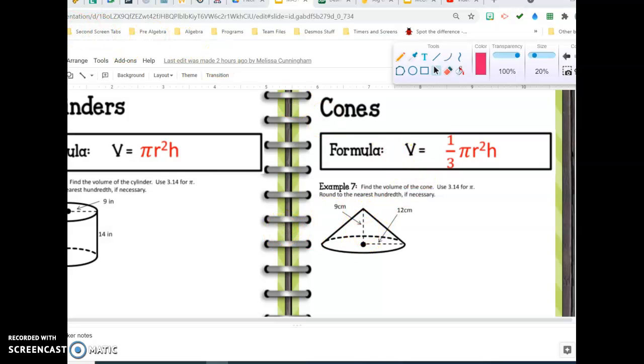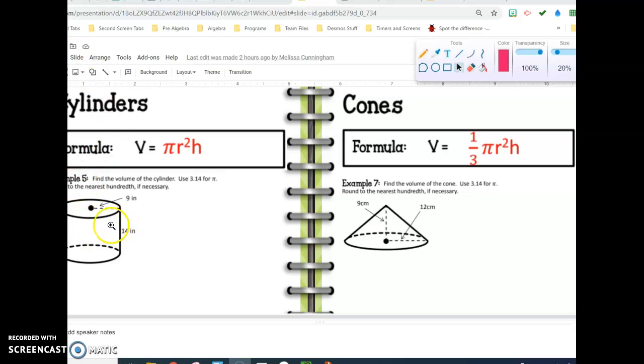But for a cone, the volume is simply 1/3 of a cylinder. Okay, so we've just taken out these side pieces here. If you had them, you can see that you would form, if I was writing really straight, a cylinder. And so you can see 1, 2, 3 pieces, and we're taking out 2 of them, and we just have 1/3 left, okay? So again, we want to label what we have here, and so the radius is halfway across,